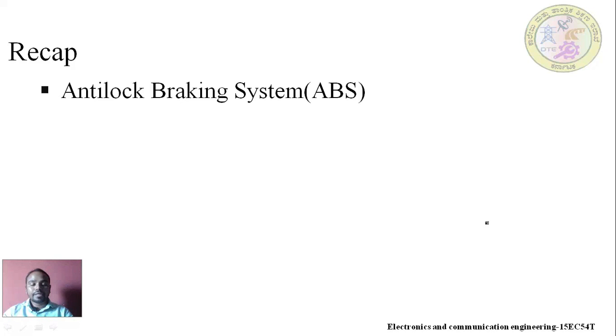When the wheel sensor gathers information and sends it to the ECU, that is the electronic control unit, the ECU processes that information and sends it to the modulating valves. Accordingly, the modulating valves process that information and send a regulating signal to the braking system. This is all about the components of ABS. Now we will understand how ABS works.